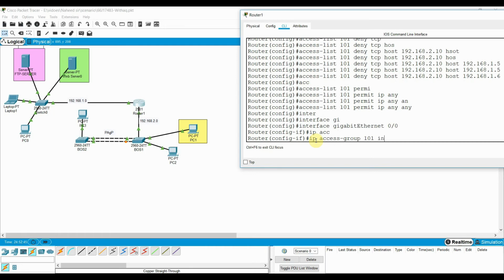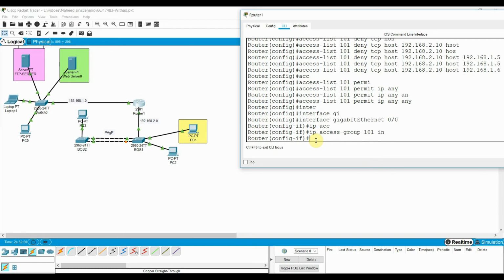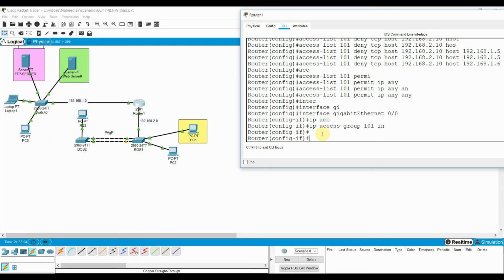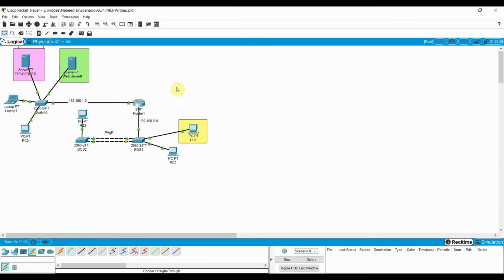We have in and out. It will filter the traffic once the packet enters the router, so it will filter the packet.